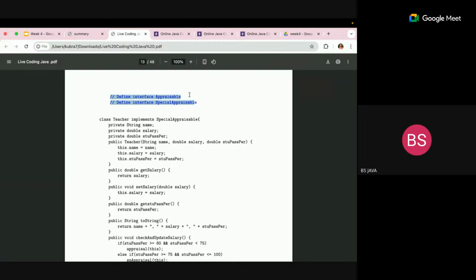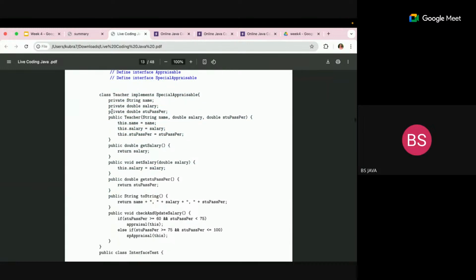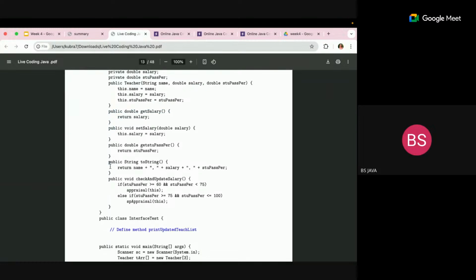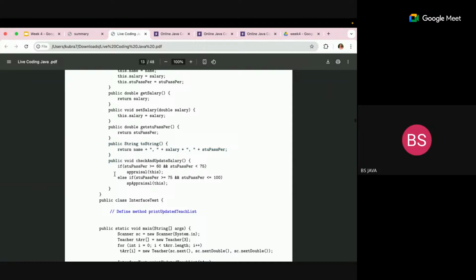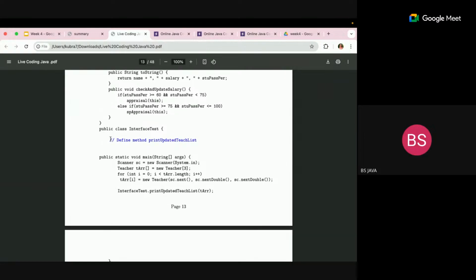Define interface appraisable, then special appraisable. Here we have the class teacher mostly implemented: instance variables, constructor, everything is given, and getters, setters we have. ToString method is also given, and even check and update salary is also given. Now you have to define the method print updated teach list,